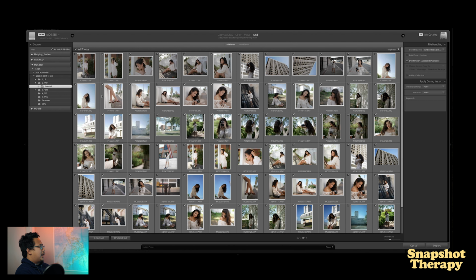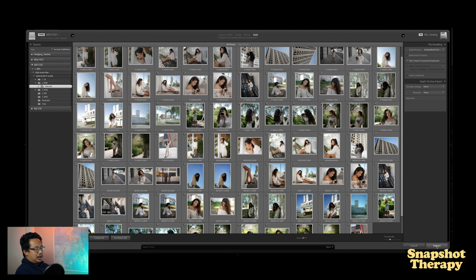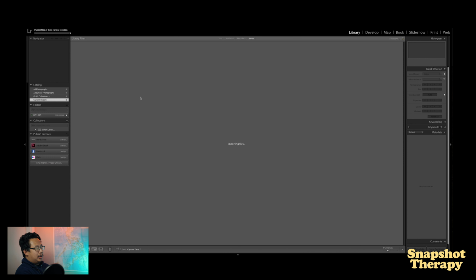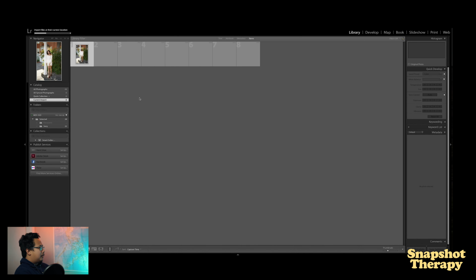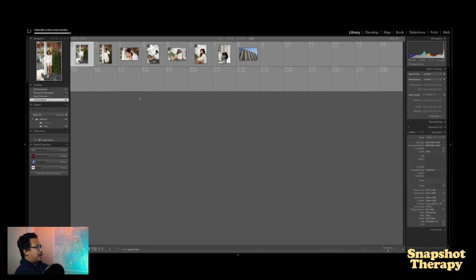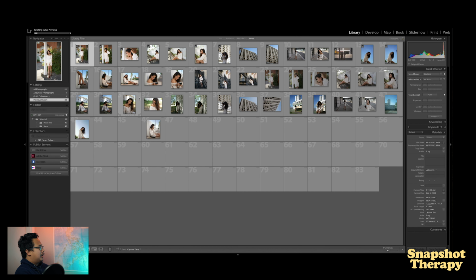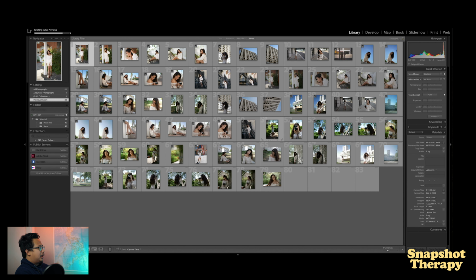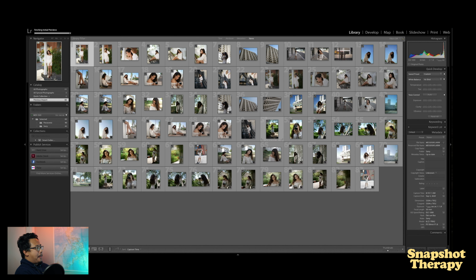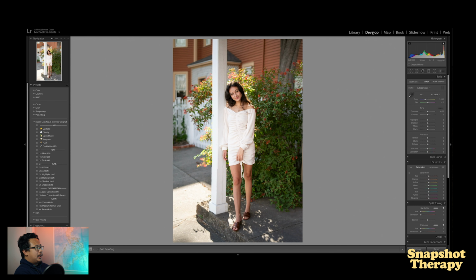We're just going to import that where it is now. And click import. And it's going to populate our screen with all the images. So what I'm going to do is go ahead and switch over to the develop tab,